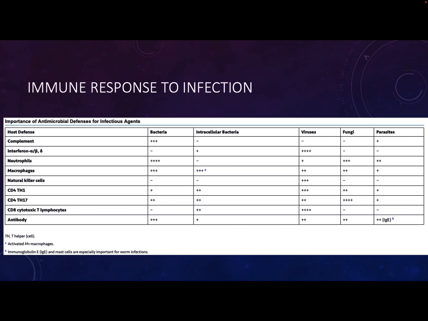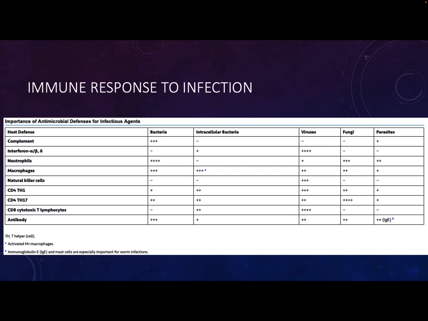So when we have an infection, how the body is going to react really depends on the type or the class of infectious agent. Sure, we have our innate immune system that broadly reacts to infection, but there are different aspects of the innate immune system that are more important for certain kinds of infection than for others. So something like complement, right? That idea of punching holes in the cell membrane